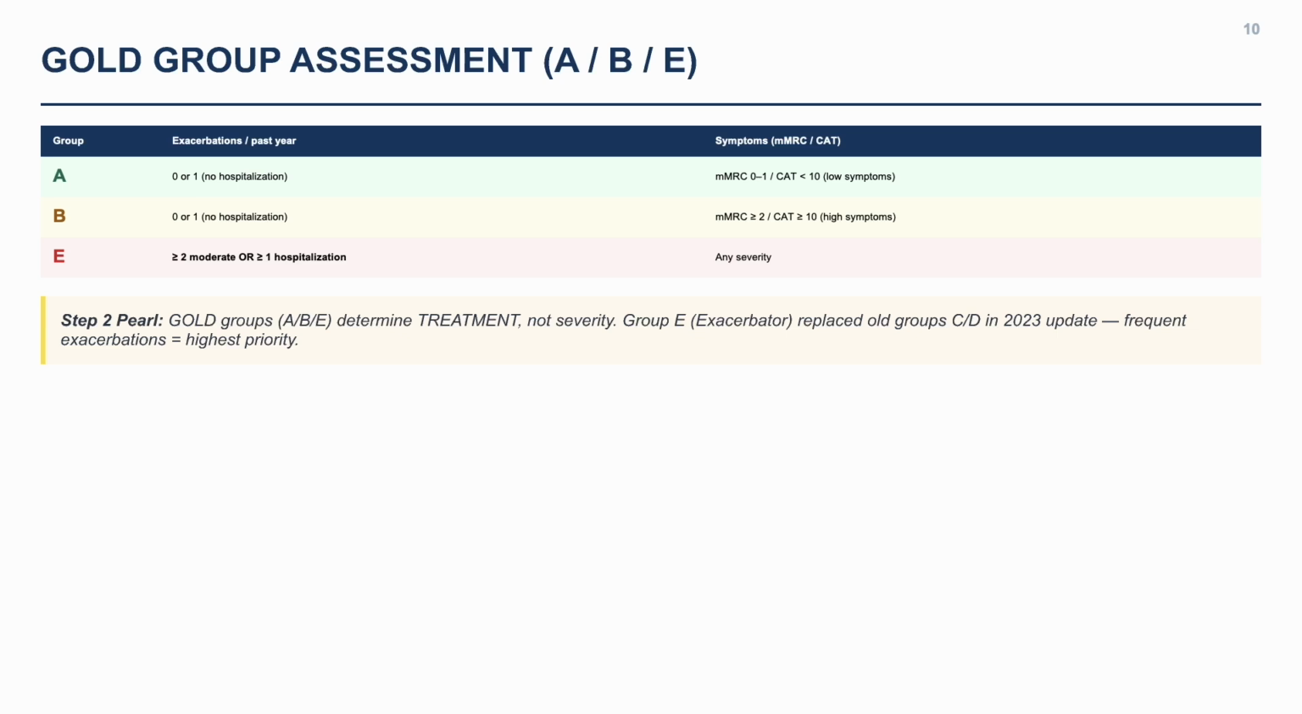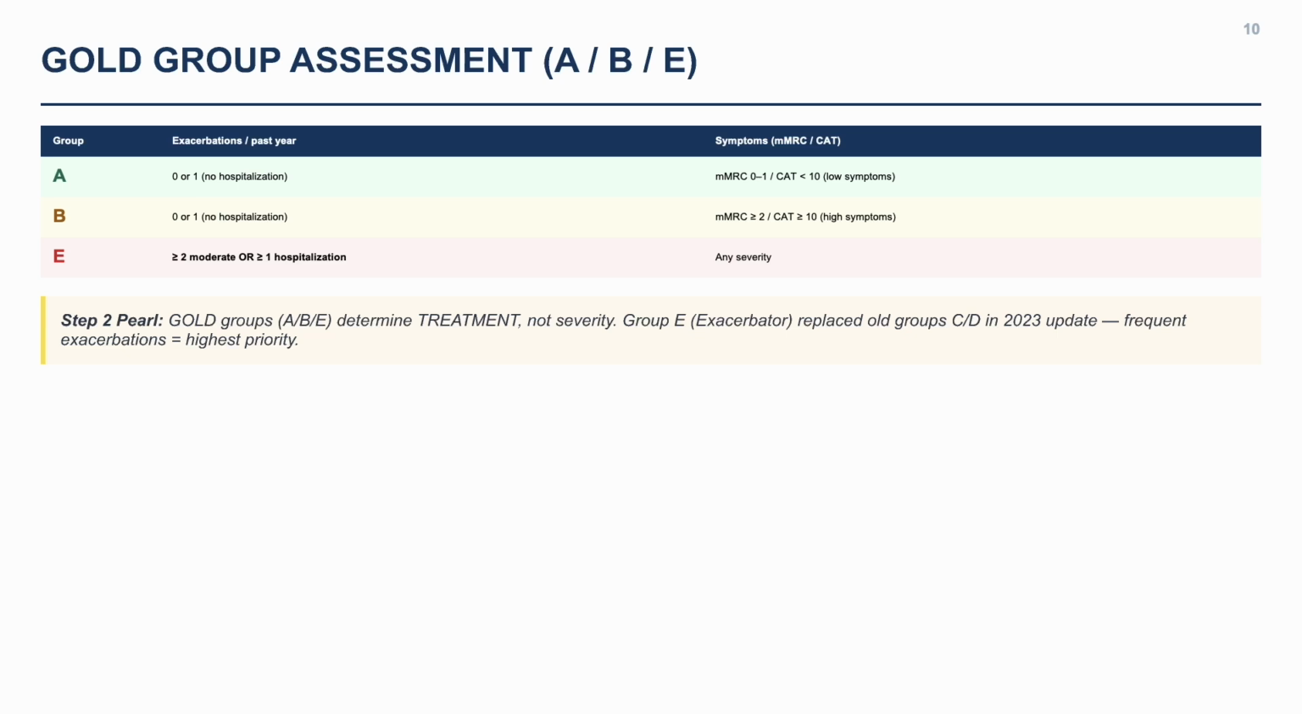The GOLD groups A, B, and E classify patients based on symptom burden and exacerbation history, and these groups guide treatment. Group A has low symptoms, MMRC 0 to 1, or CAT less than 10, and minimal exacerbations. Group B has high symptoms, MMRC 2 or greater, or CAT 10 or greater, but also minimal exacerbations. Group E is the exacerbator group, 2 or more moderate exacerbations, or at least one requiring hospitalization, regardless of symptom